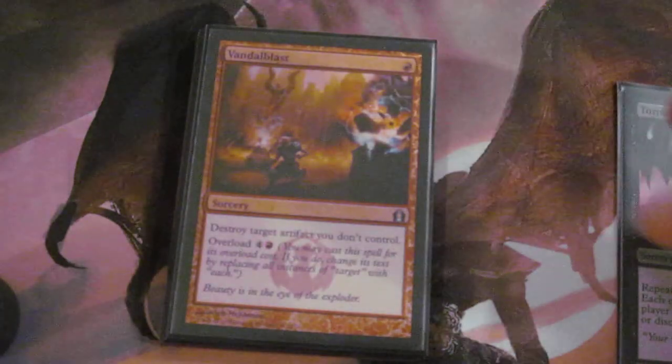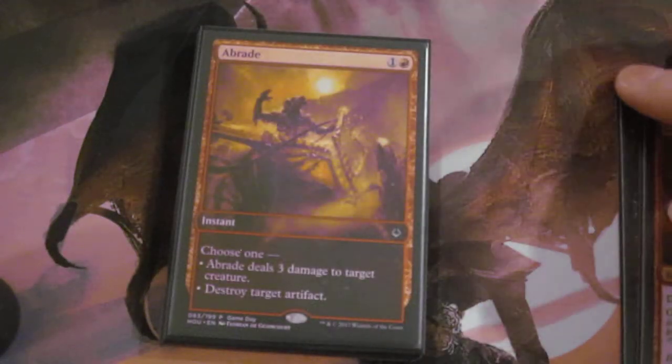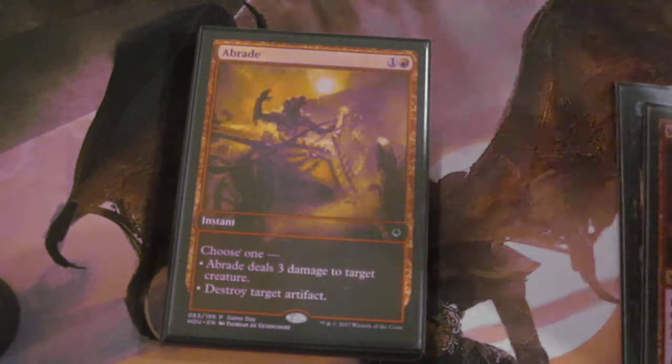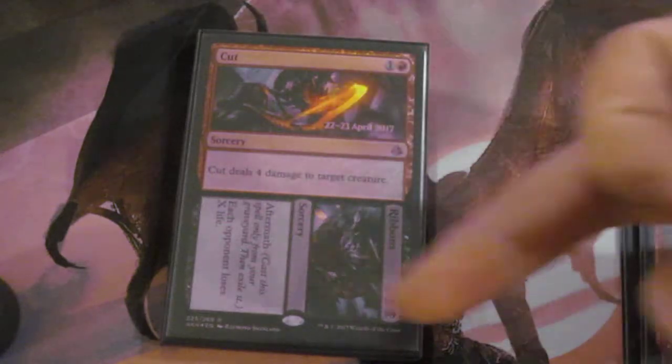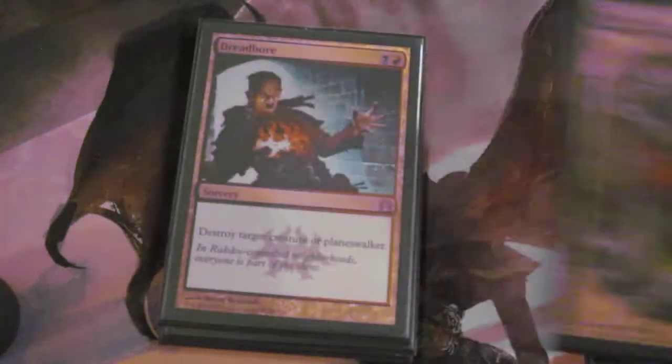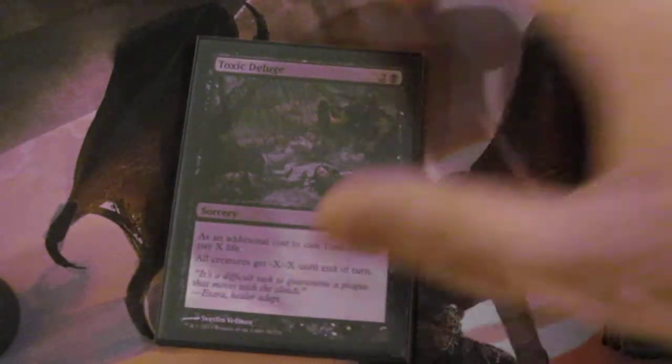Well, we have a lot of removal in this deck, and Vandal Blast and Abrade. This could be considered a spot removal, and if so, there are 6 targeted creature spot removal spells, as Cut to Ribbons, as said. The Go for the Throat, Terminate, Dreadbore for Planeswalkers, and Dismember. We have some Wipes and Toxic, so...